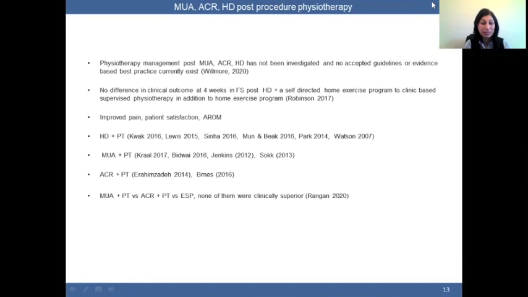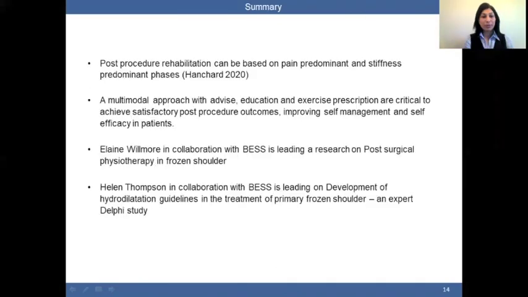Studies have demonstrated that manipulation under anesthetic, arthroscopic capsular release, and hydrodilatations are effective in reducing pain, improving patient function, and increasing active range of motion. Post-procedure rehabilitation can be based on the pain-predominant and stiffness-predominant phases. A multimodal approach with advice, education, and exercise prescription is critical to achieve satisfactory post-procedure outcomes, improving self-management and self-efficacy